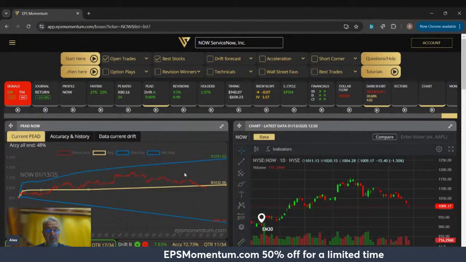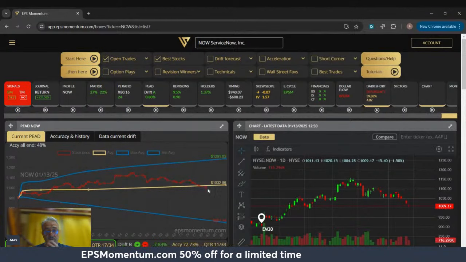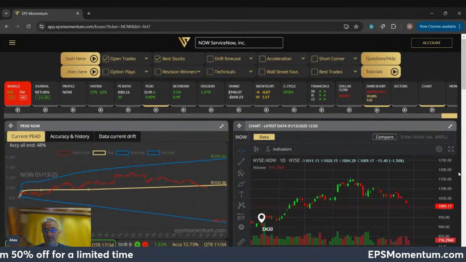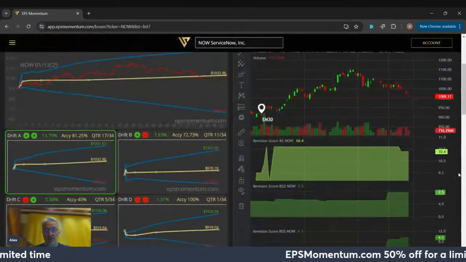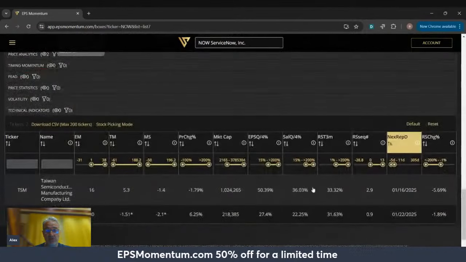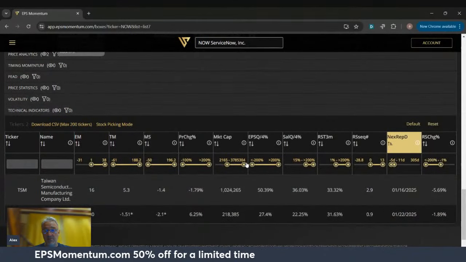And we can look at the drift, and the drift is heading downward. The drift is the 90-day forecast of the stock. So again, this could be an interesting earnings season for these two names. We can make it broader,